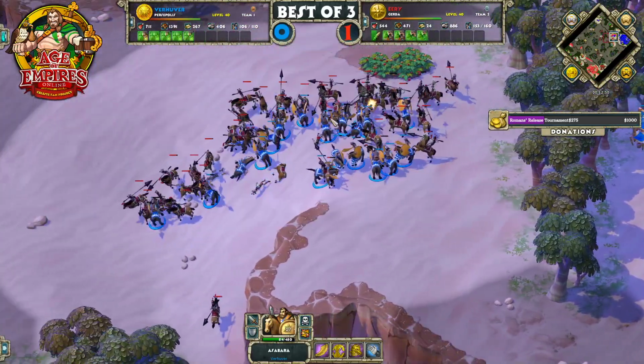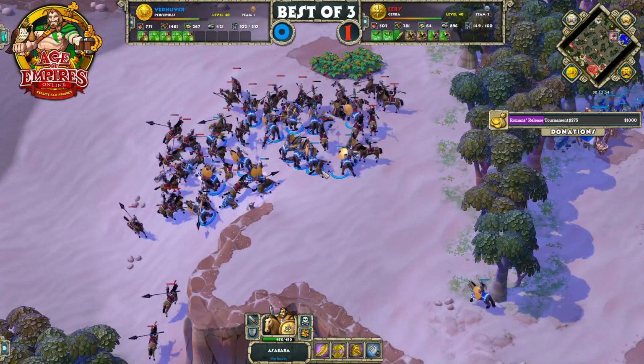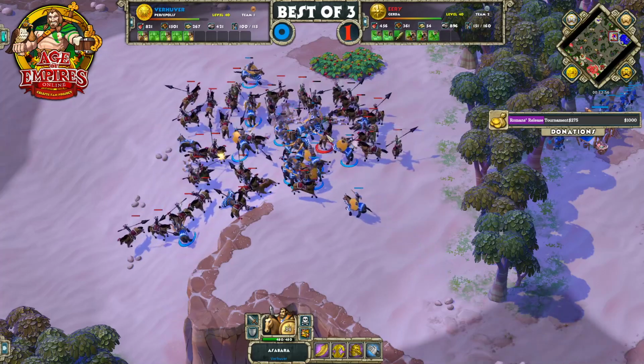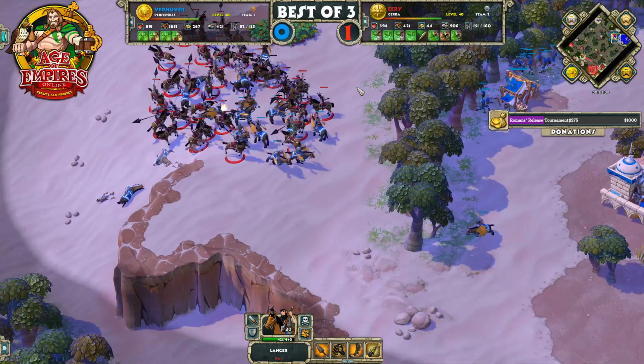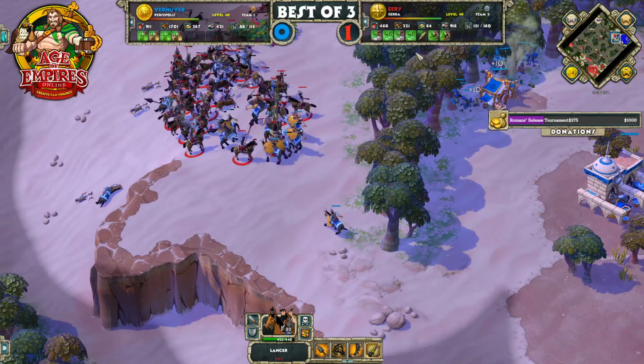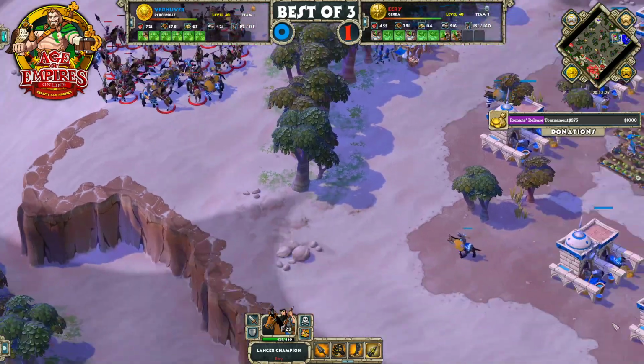Yeah, this is just going to not end well for Verhuver. These Asabara are strong, but I think Eery has the numbers advantage and has the surround here. Look at this. Eery just has a complete surround of Verhuver's military. I guess Verhuver does recognize that he desperately needs to try to break out, because now all of